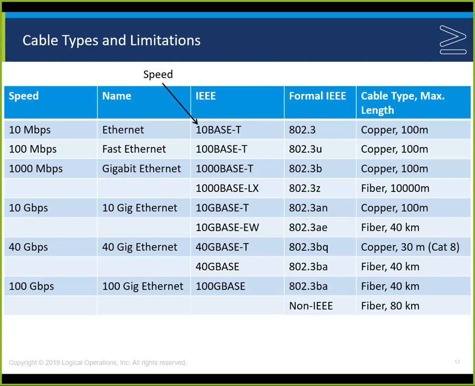The fiber, we get a lot longer distances to do these things. The 10,000 meters here. For the gigabit Ethernet copper, we can go 100 meters. 10 megabits per second copper, we can go 100 meters. 100 megabits per second copper, we can go 100 meters on down the line. And then we get into the fiber, 40 kilometers here for the 10 gig. And when we start getting into the 40 kilometers and the 10,000 meters here, 10 kilometers, to do these things,